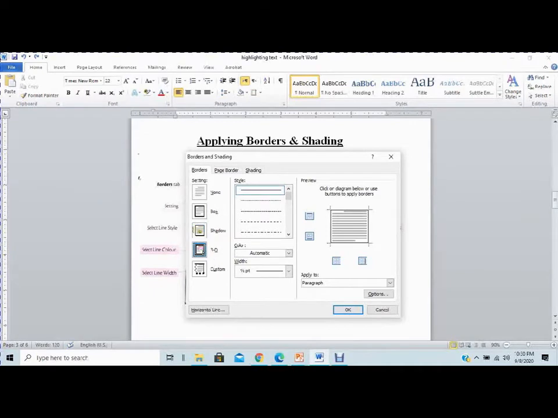I can even make my text look 3D. And next, the last one is the custom setting. It means that maybe I don't want a line over here, this bottom line, I can select it from here and it will be removed as I desire. So this is the custom setting.